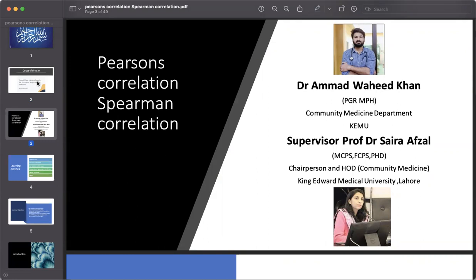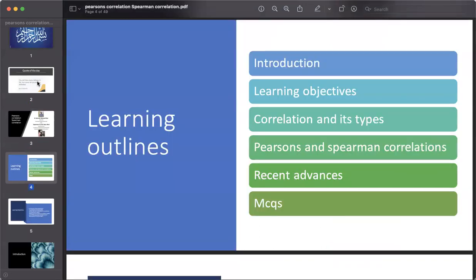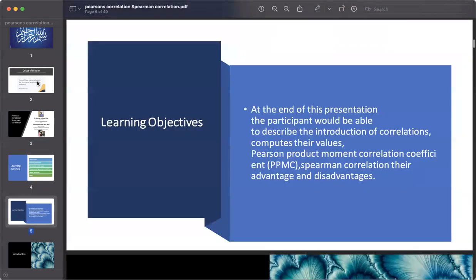Today, my topic of presentation is Pearson correlation and Spearman correlation. Learning outlines: introduction, learning objectives, correlation and its types, Pearson and Spearman correlations, recent advances, and MCQs. Learning objectives: at the end of this presentation, the participants would be able to describe the introduction of correlation, compute